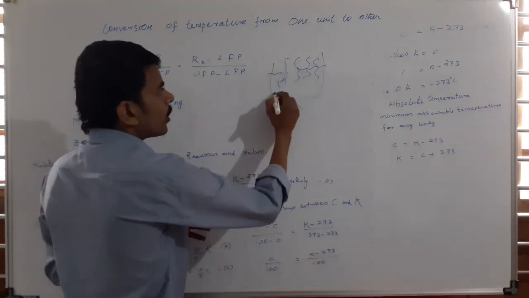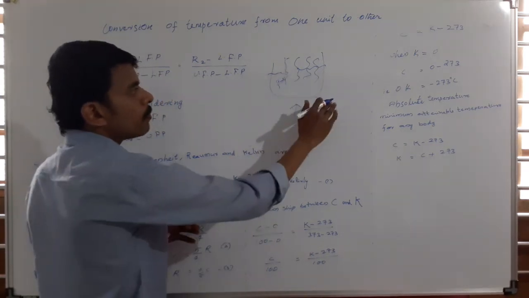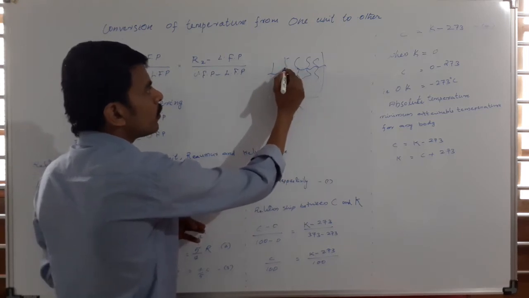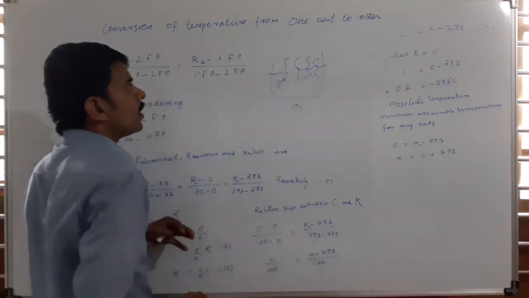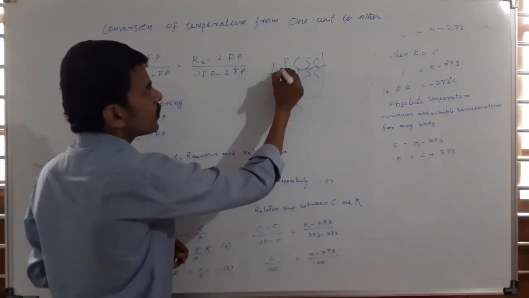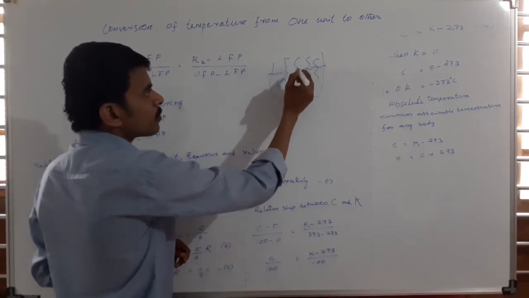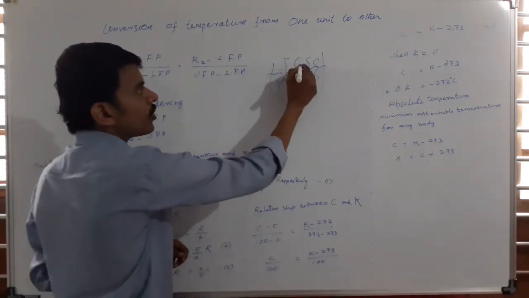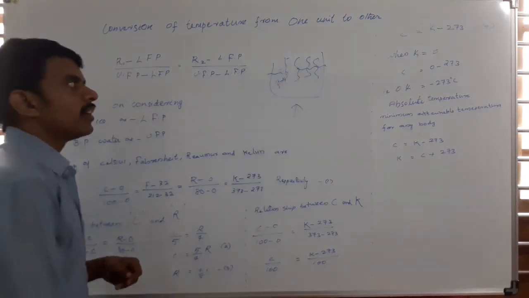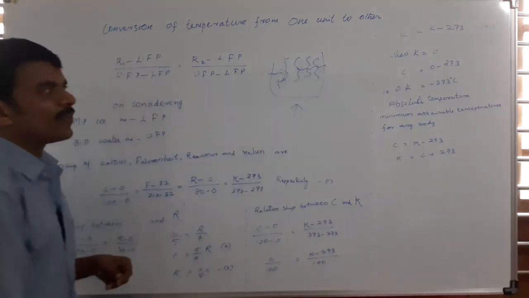So we are giving the heat, and at a particular time we stopped heating the water, and for this one we are giving the reading as C. Here we denoted in Celsius, we denoted the reading as C. The corresponding reading of Fahrenheit we denoted as F. The corresponding reading of Romer scale we denoted as R. In the corresponding scale of Kelvin we denoted as